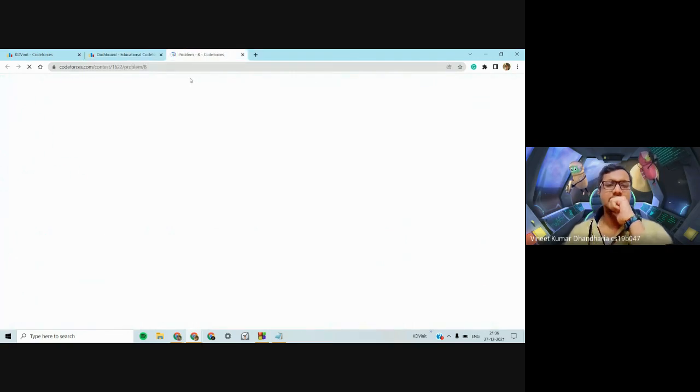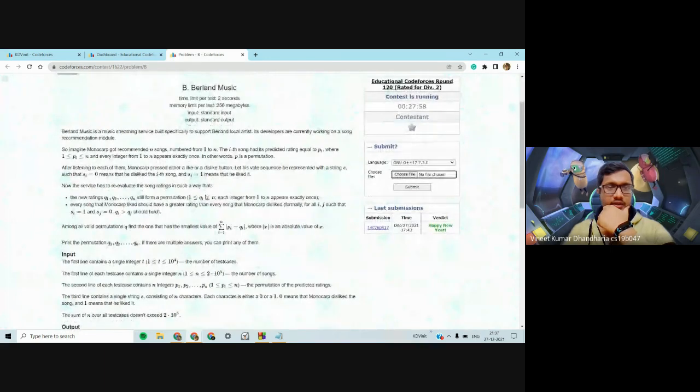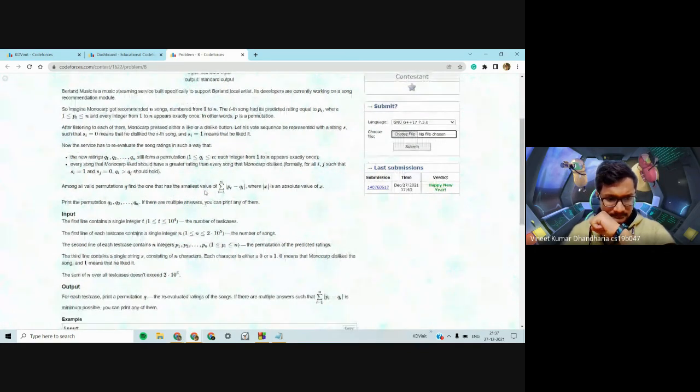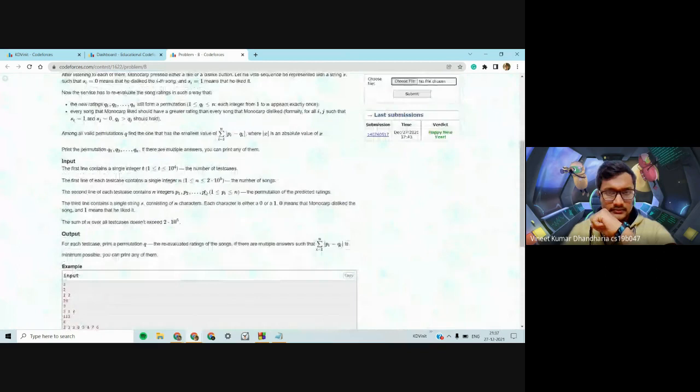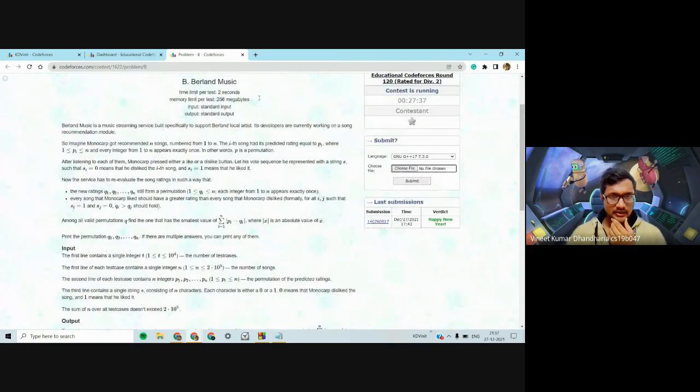Let's go to B next. For B, we are given a permutation P, and the permutation is basically the rating of songs. Monocarp basically rated each song as either 0 or 1.